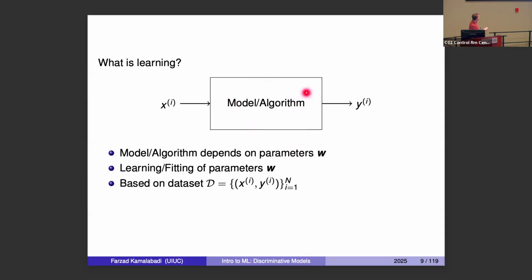So this relationship, this internal relationship, it's parameterized. Of course, we'll talk about how that's parameterized. But then we want to fit those parameters. Let's call them W. And based on a data set, this D is a set of pairs, Xi's and Yi's. So in the simple example that we have,